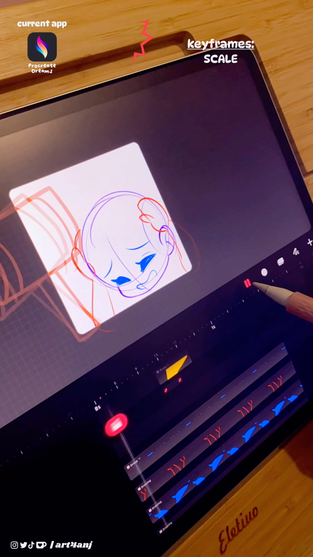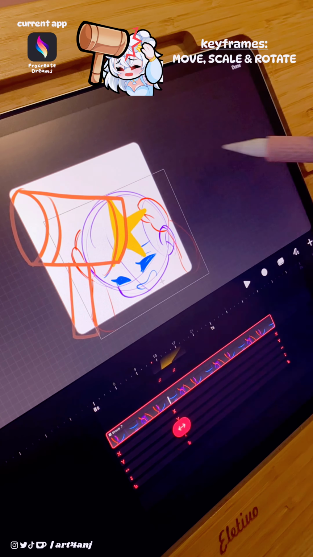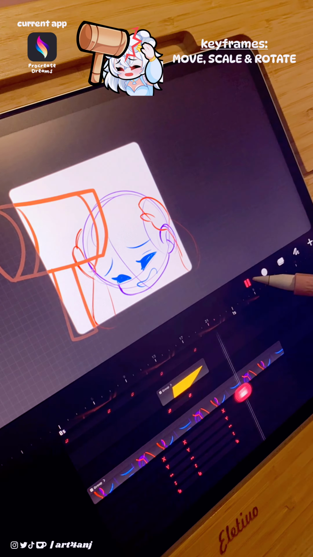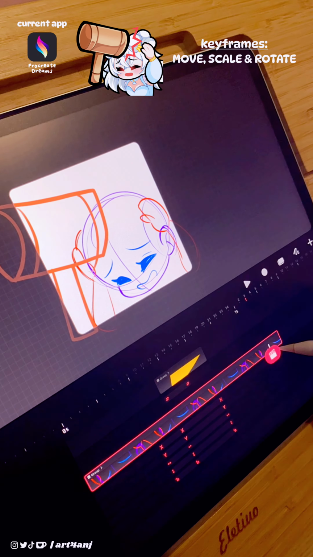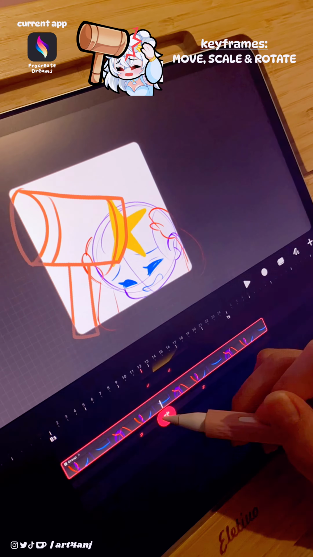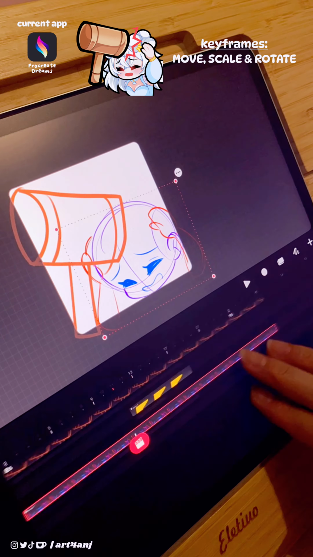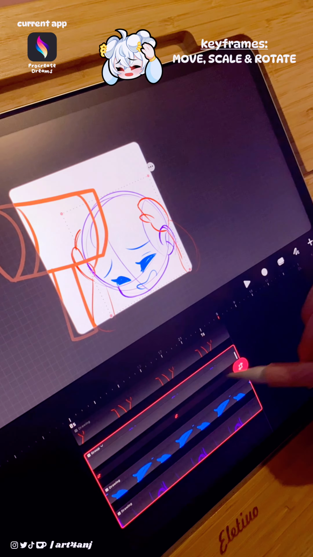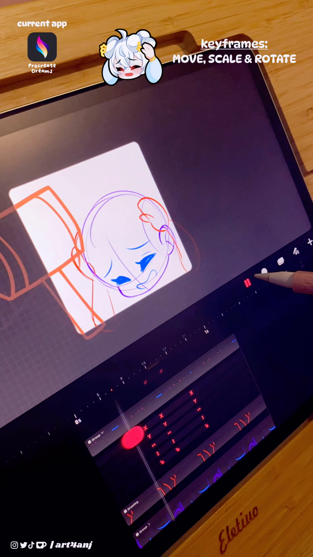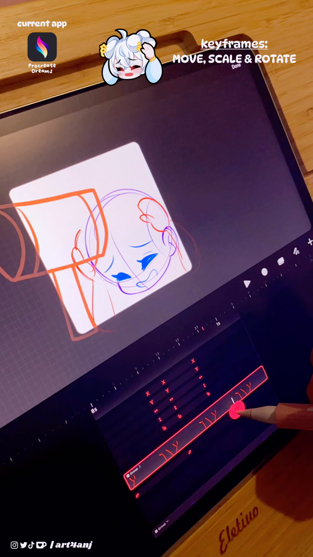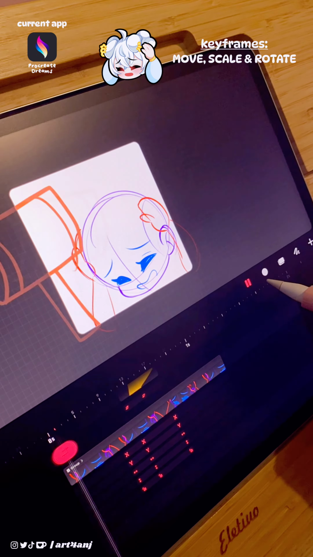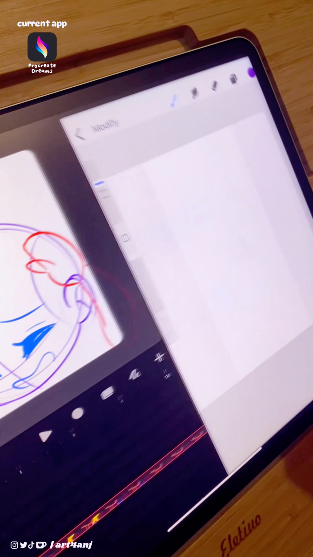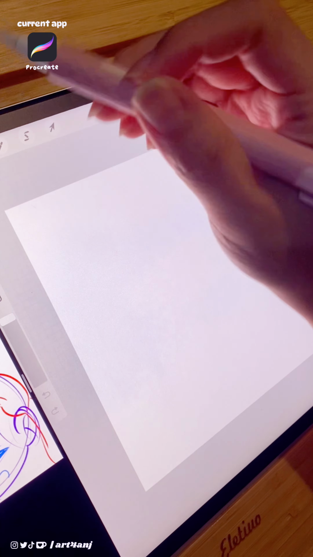Right now, I'm currently doing some rough animations with the different parts of the illustration that I made so far. There will be more parts added along the way in the final rendering, which you will see, and I will indicate which part I'm currently working on or fixing the keyframes. For now, this is a sped up process, it's a time lapse, so I hope that you're still able to learn something from it. Now I'm taking a screenshot and we're gonna head to Procreate where I will finally draw